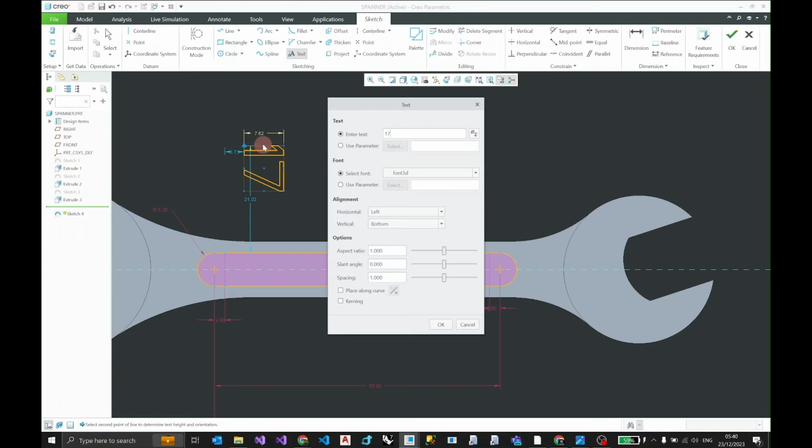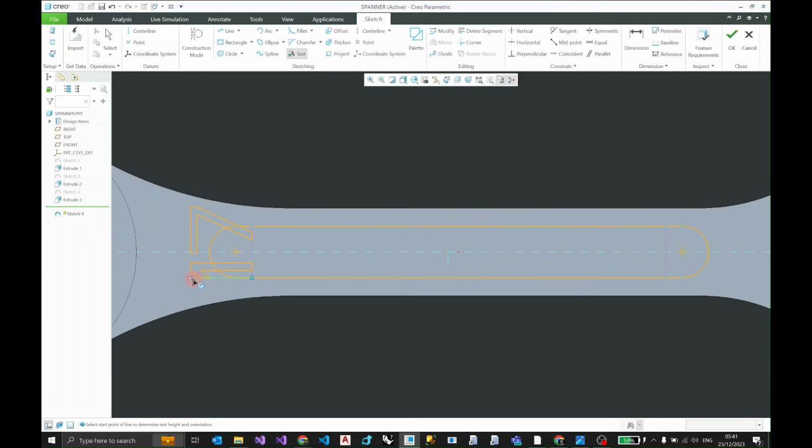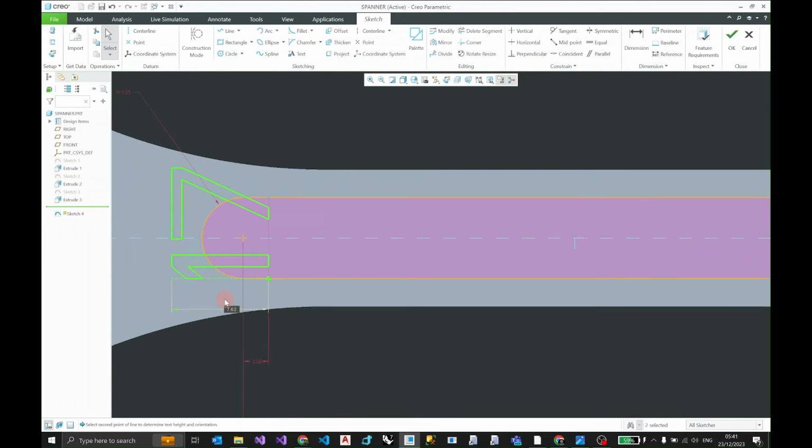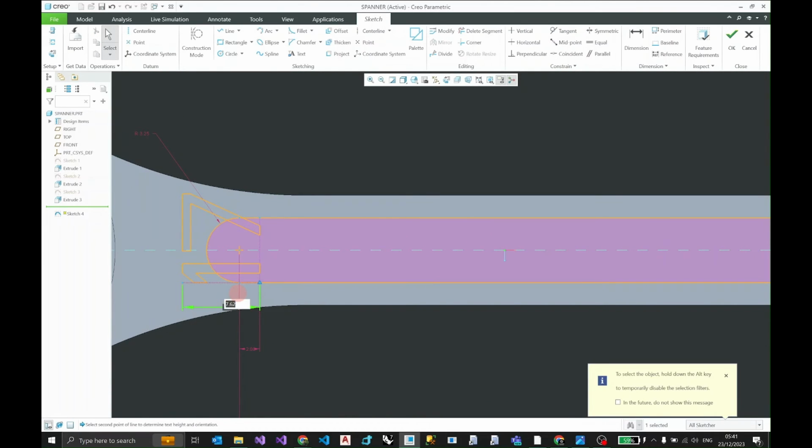You can see at the moment it's hovering in the air, but if you select this option, place along curve, it's gonna allow me to select this line so that it can be placed on it. I'm gonna press OK, and then I'm gonna manually change its dimensions, because it's not defined completely like how it's constrained. So I'll make that 3.0 to make it smaller,